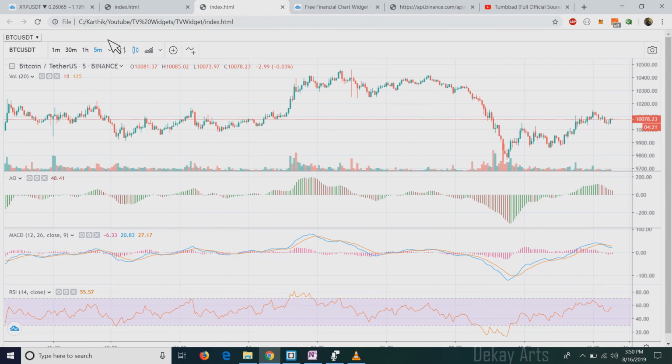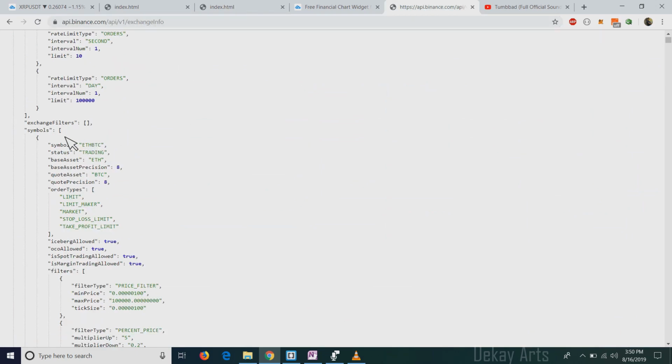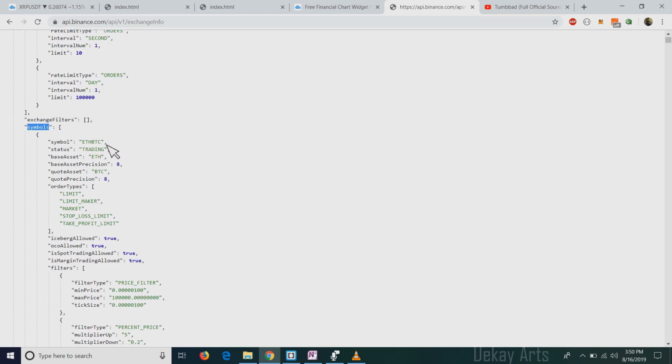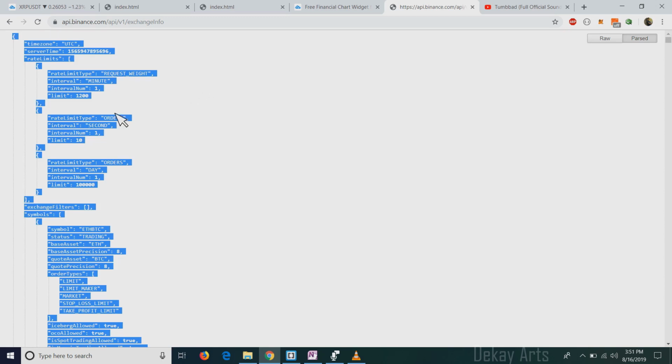One last thing that I want to show before I end the video is how you can get all the Binance symbols and show it here, so that you can open any chart that you want. Okay. So what I have here is the Exchange Info API, and in that API you have a field called symbols which gives all the symbols. I can make a REST API call and get the symbols, but it would cause CORS issues and all that nonsense. So let me refresh this. I just want to copy this and paste it, because I just need to call it once, right? I just need to get the symbols and I want to include that in the select field.